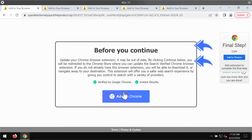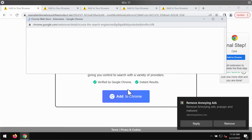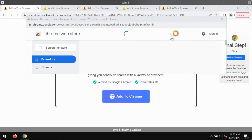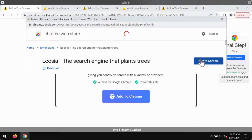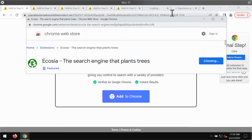And keep in mind that they try to actually force you into downloading and installing some potentially unwanted software. For instance, in my case, these fake Chrome update alerts promote the browser hijacker that may change some crucial browser settings. So be very careful, don't ever install such fake Chrome update alerts and fake Chrome update extensions because, as I said, they will try to hijack your browser settings, will hijack your default homepage, search engine,